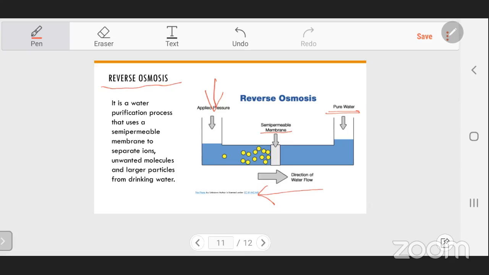We have all observed reverse osmosis in our homes on a regular basis. That is all our water purifiers. If you have noticed, in all the commercials of water purifiers, they mention a term like Kent RO or something RO. What is that RO? That RO is reverse osmosis. This is a water purification process, and the water purifier we have at home is a very small example of the whole reverse osmosis process.